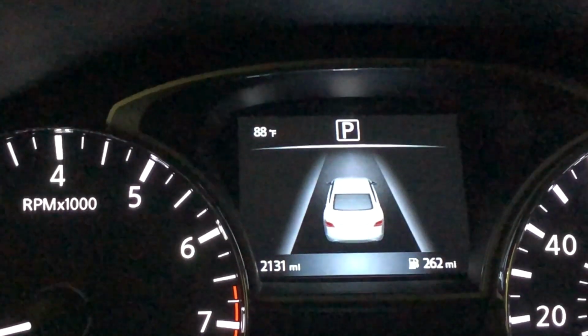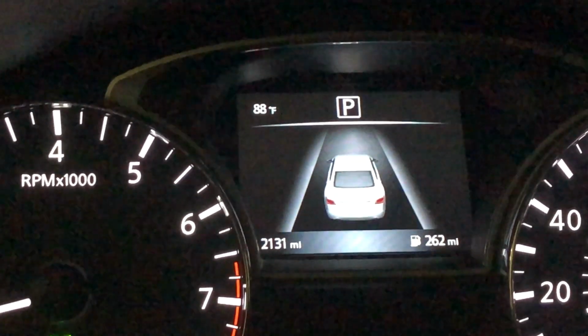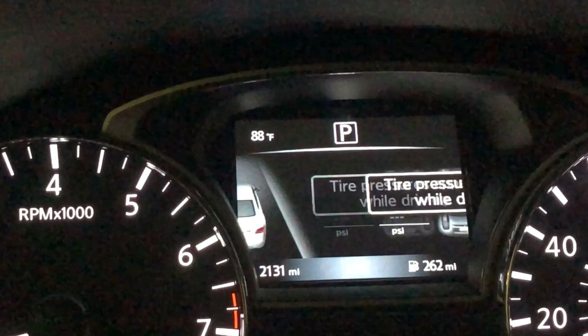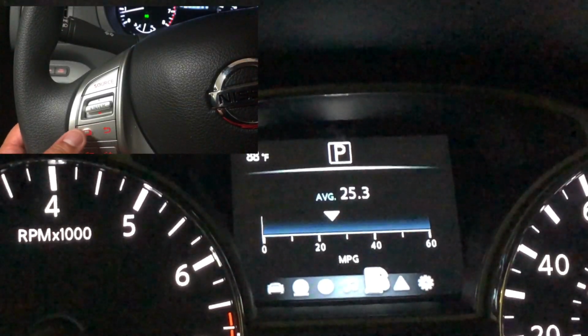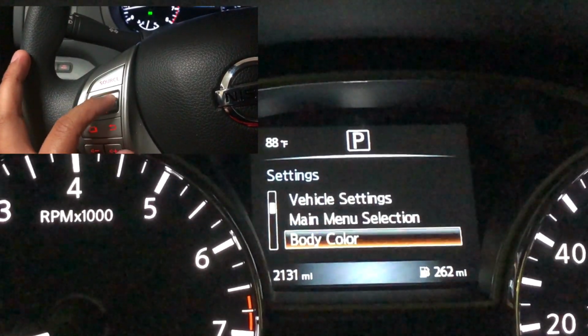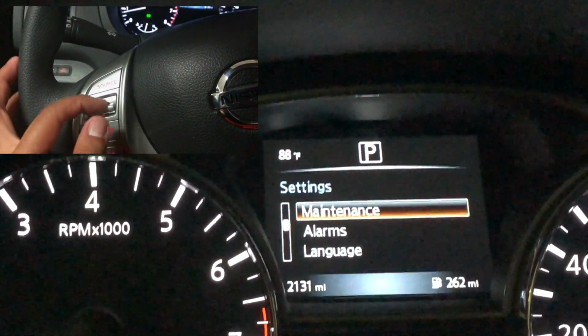So to reset your maintenance light, it's simple. You're going to hit the button on the steering wheel. There's a button on the left side of the steering wheel, which I'll be showing you in the illustration here. And that scrolls through your whole entire menu. When you get down to this part right here, which is settings, you are going to bring this down all the way till you hit maintenance. You're going to push the enter button,